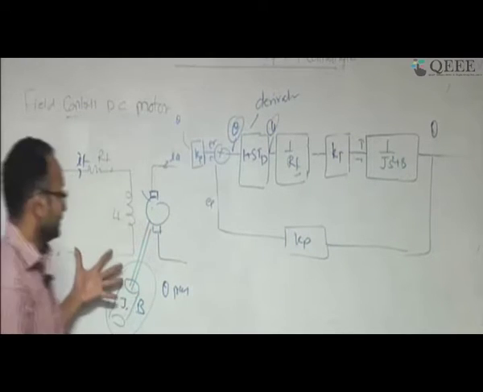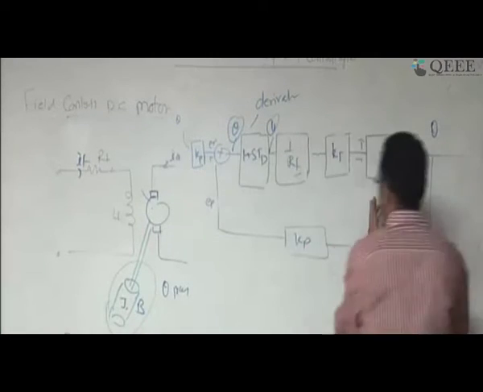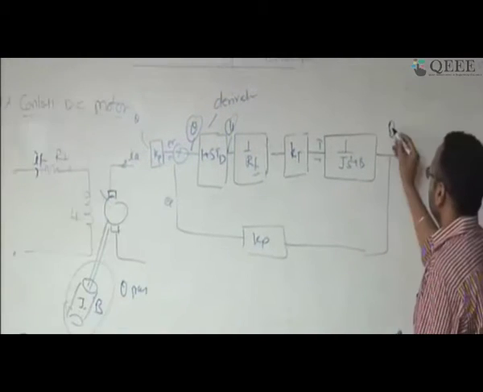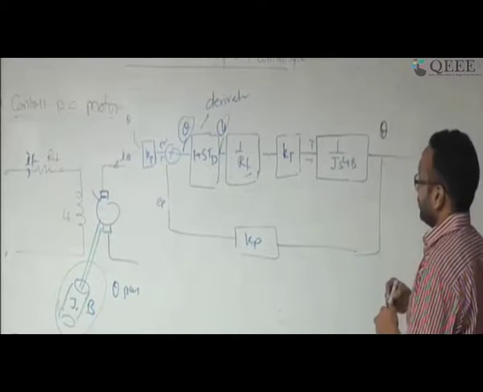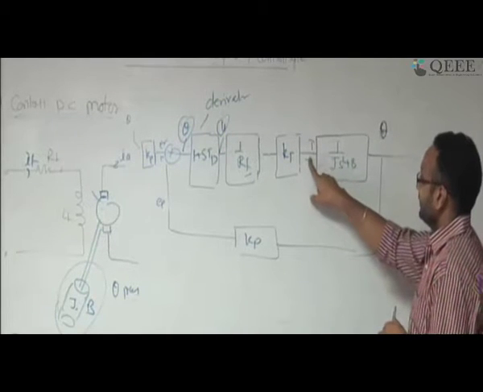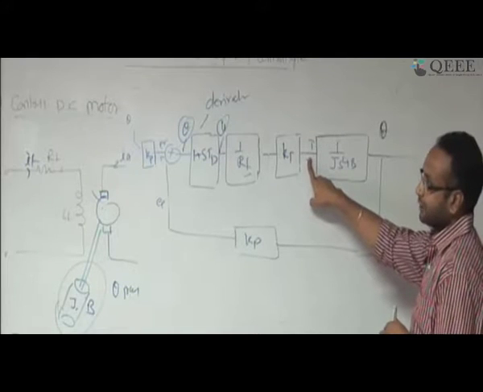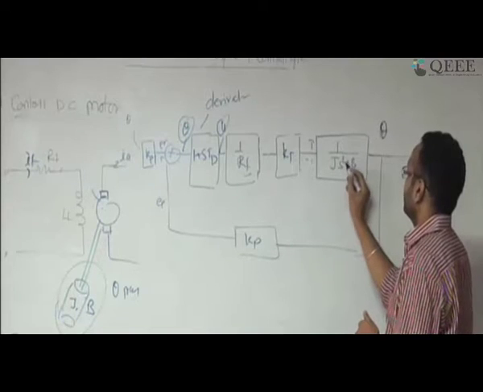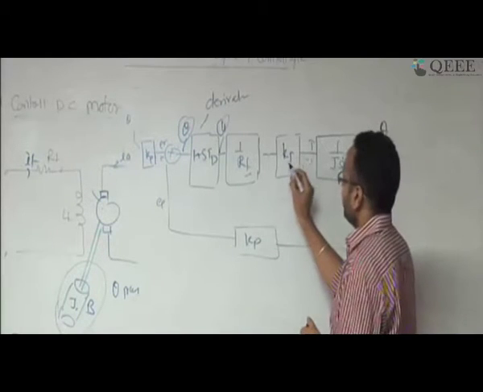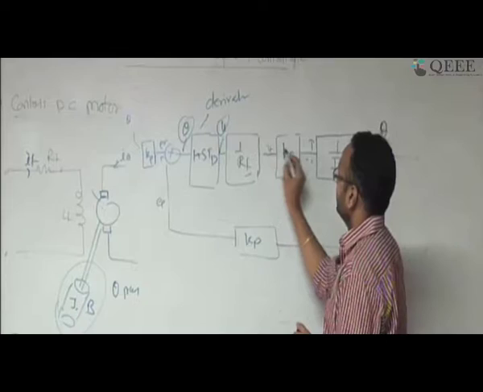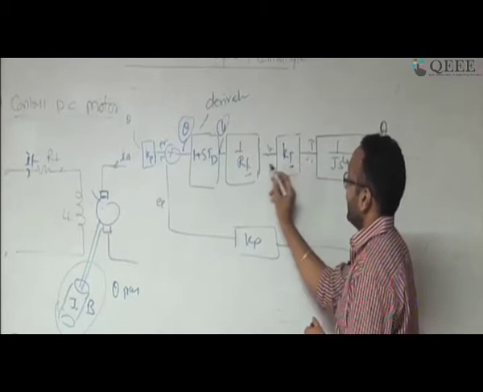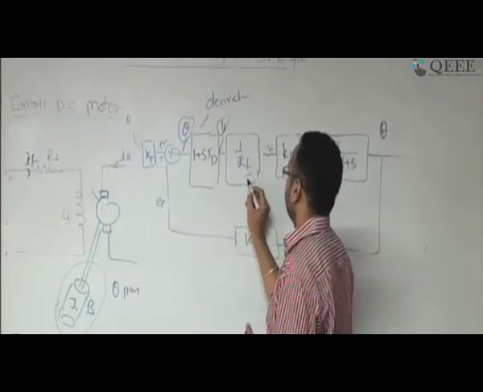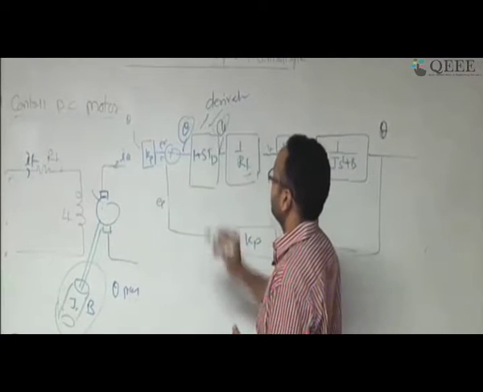Okay, so I am writing this in a mathematical block diagram representation, because my attribute of interest is theta. Theta is the position of the robotic arm, and this is controlled by a torque, which is generated by a motor. That transfer function I am denoting by 1 by (J s squared plus B s), and then the torque is proportional to the field current IF, with constant KT. Since I am providing a voltage and current, this is denoted by 1 by RF, and here I am using a derivative controller.